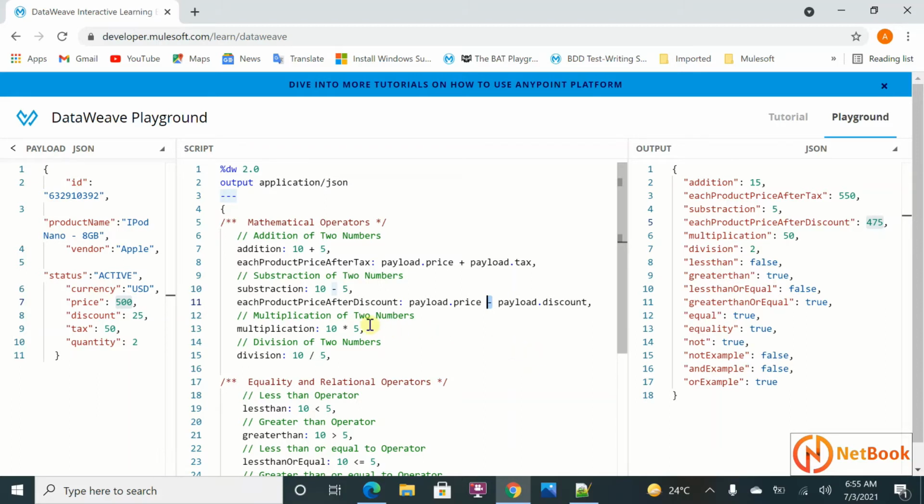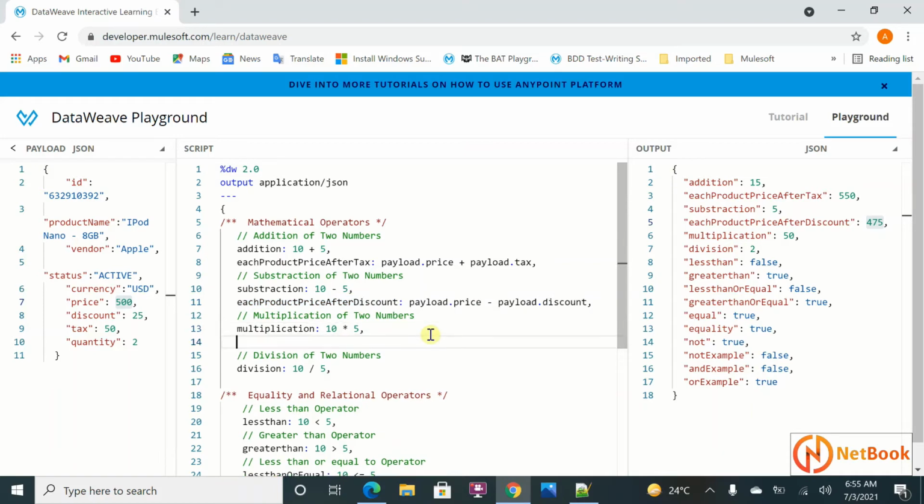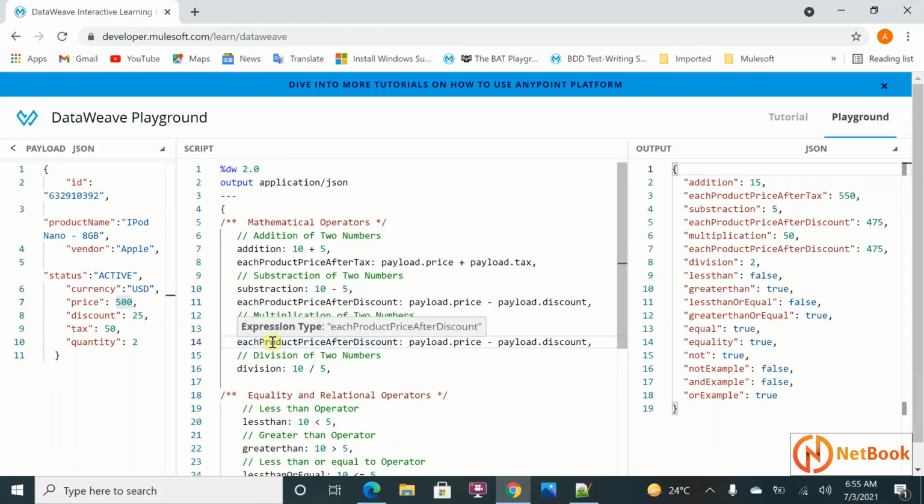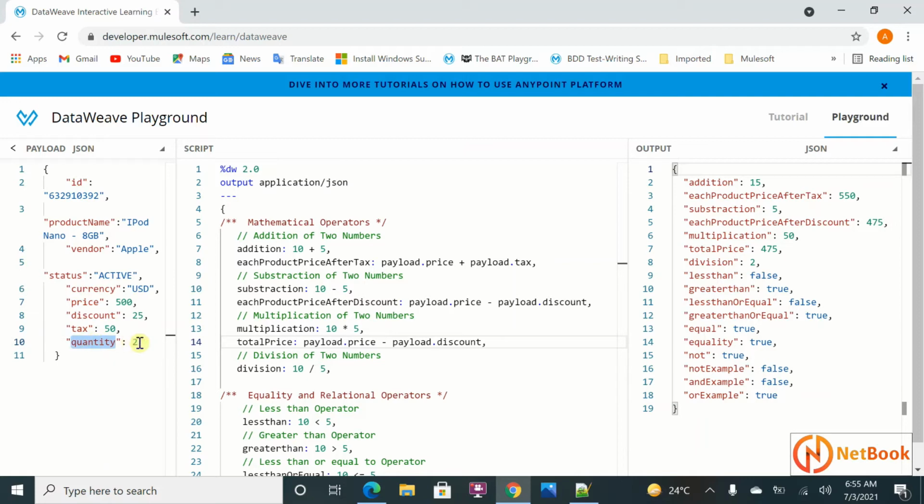Now the next thing I'm going to explain is the total price of the product. So multiplication, total product price. If you see, I have a price is this one, total price I will say. I have a price over here and quantity over here.